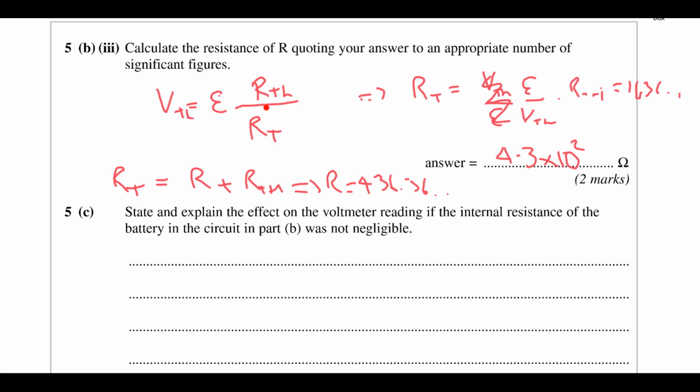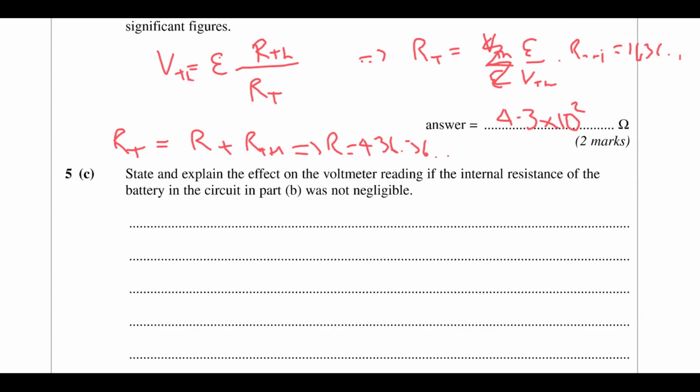So let's do that, and we're going to rearrange that to make the total resistance the subject. So that's what I've done here. So EMF, potential difference across the thermistor and the resistance of the thermistor, and when we do that, it comes out as 1636 ohms for the total resistance. The total resistance is also the sum of the resistors, so subtracting 1200 gives us a resistance of 436 odd, so 4.3 times 10 to the 2 ohms to 2 sig figs there. Okay,